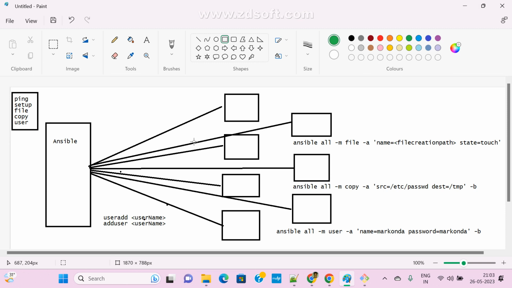So these are the modules, very important. Just remember them for interview purposes. Most people ask, can you tell a few Ansible modules? In that case, if you remember these module names, we can tell immediately: the ping module, setup module, file module, copy module, user module, and also the yum module, apt module, service module. So these are the different modules. Next class we'll see a few more modules. That's it from my side today, and if you have any doubt,